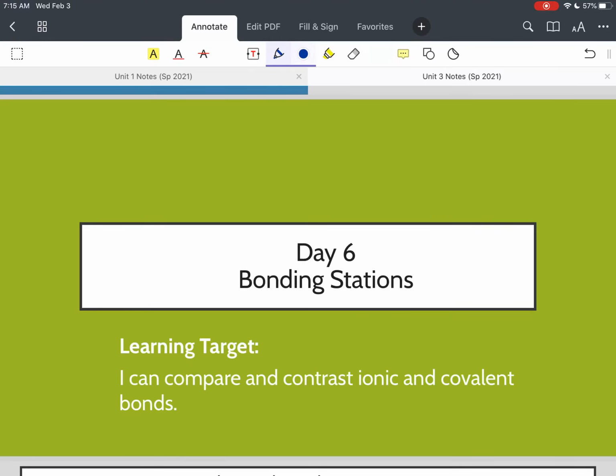Okay, this lesson, we're going to start talking about chemical bonding. So we're going to look at the differences between ionic and covalent bonds. By the end, you should be able to compare and contrast them, talk about how they're different and how